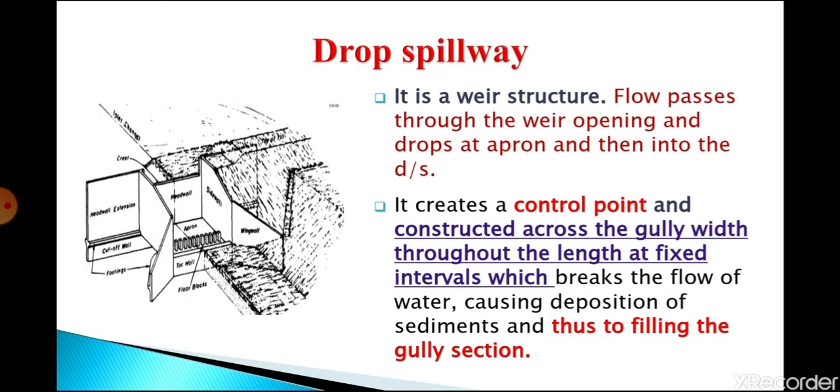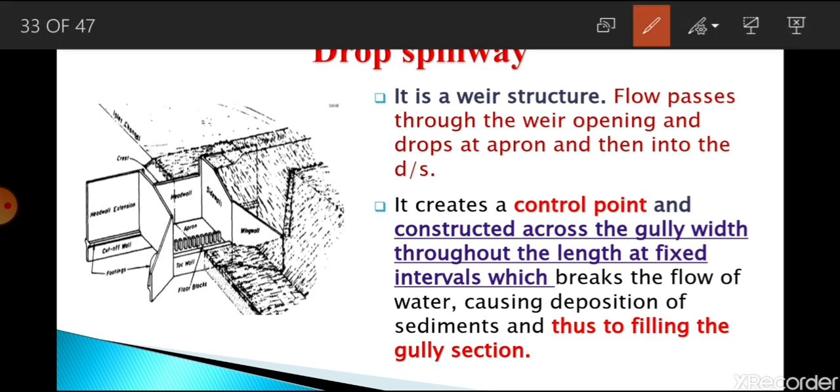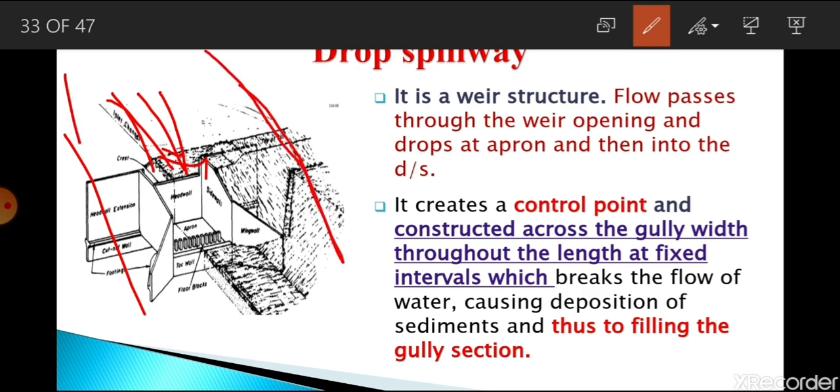So there are 8 kinds of spillway types we have discussed. Now for agricultural purposes, I'm briefly explaining some selected kinds of spillway which are mostly used in agriculture or in India. So yes, the drop spillway. A drop spillway is a weir structure. Just allow me to take the pen. So this is the upstream area where the upstream flow or flood will come, and this is made in the gully or just after the reservoir.